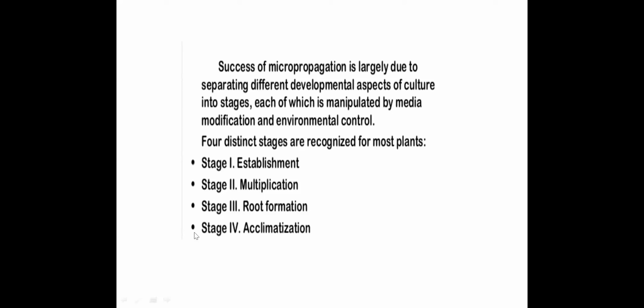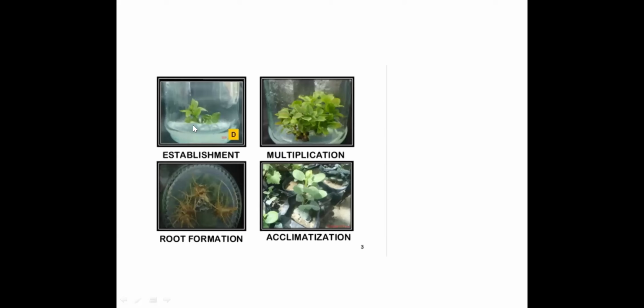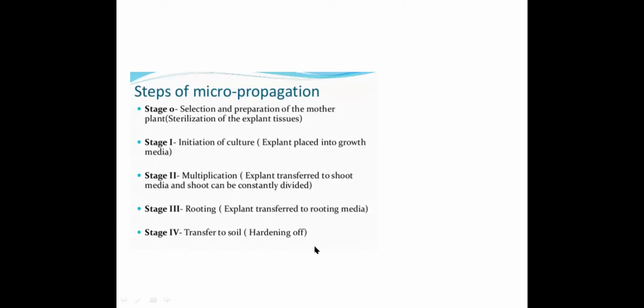This is a very important stage, because if this stage fails, your whole idea of micropropagation is not going to be of any use, because all the process you are doing in micropropagation has to result in the plant growing in the field. Otherwise, there's no point. In the 4 stages, all the stages are important, but the most important is acclimatization. So establishment of the callus culture, multiplication, root formation, and acclimatization, where you carry the plant from the glass to the field. That is what is given here.